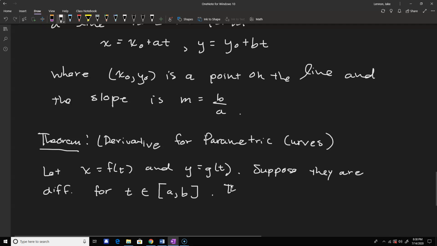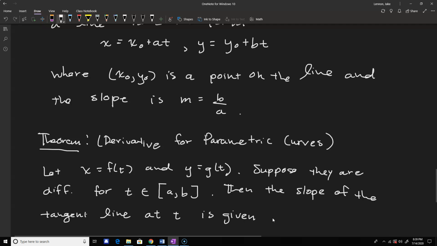Then the slope of the tangent line at t is given by